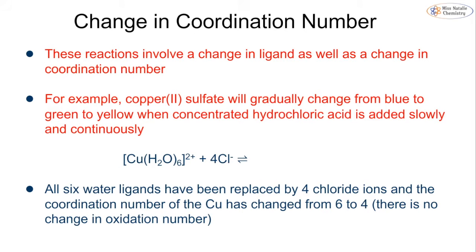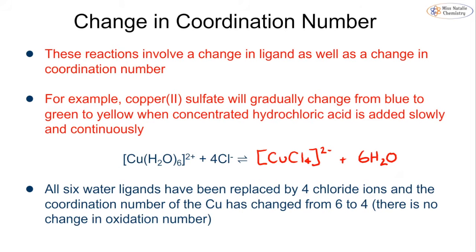What's actually happening is the chloride ions from the hydrochloric acid are bonding with the copper in that dative bond to act as a ligand, and they are replacing the water. As we previously said in topic 17a, chloride is quite a large ligand, so it doesn't have as much space, so it forms this tetrahedral shape instead of the octahedral that we see with the water. So this change in coordination number, we've gone from 6 with the 6 water ligands